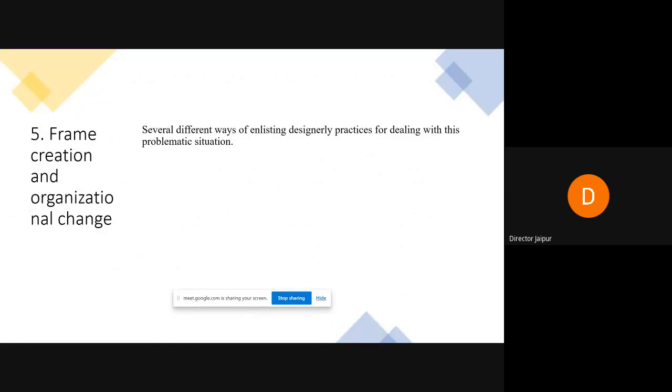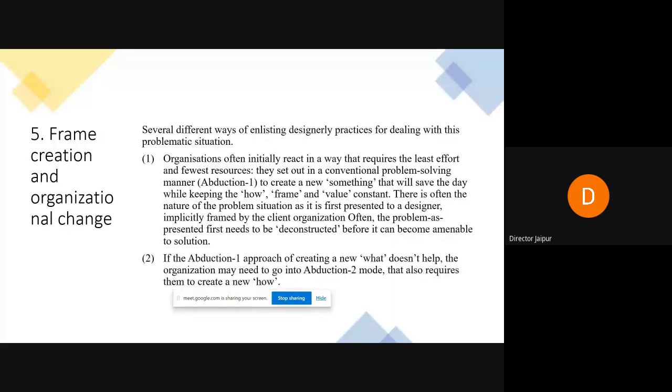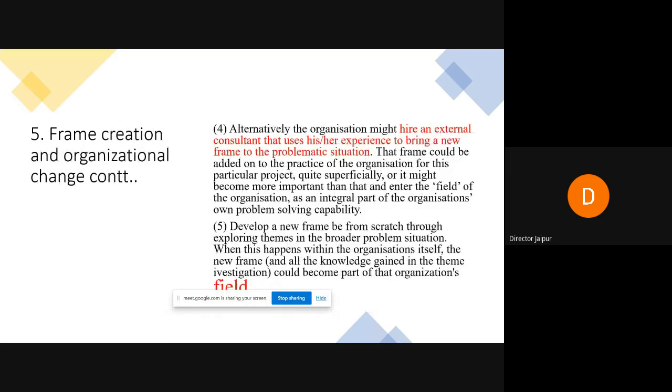That will bring the organizational change. You will have these three different ways of actually designing practices. You have come out of abduction, then you see if the abduction approach of creating new is not helping you, the organization may need to go to abduction 2. So these are actually the process which you finally aspire for. And then you research, and you get into the abduction 2 mode, and then you have to go for the field, and this field is the final